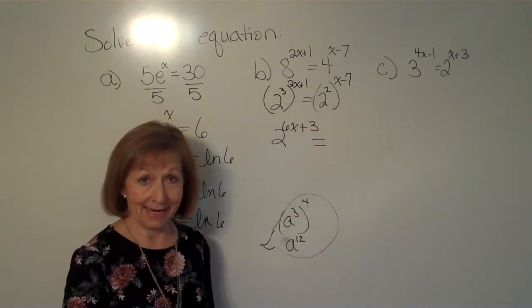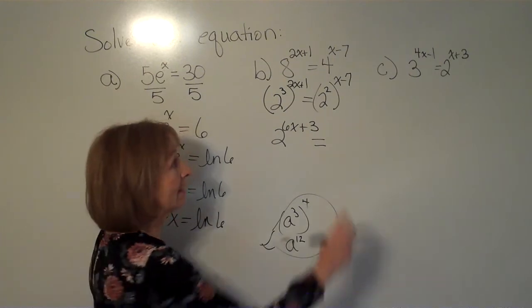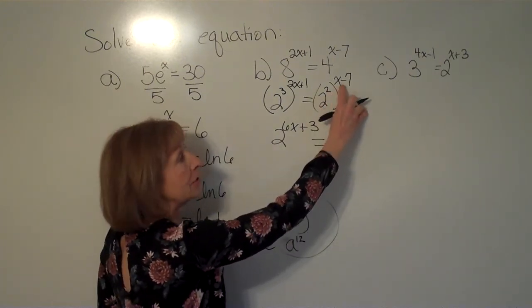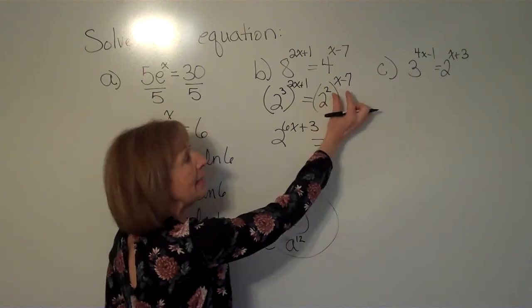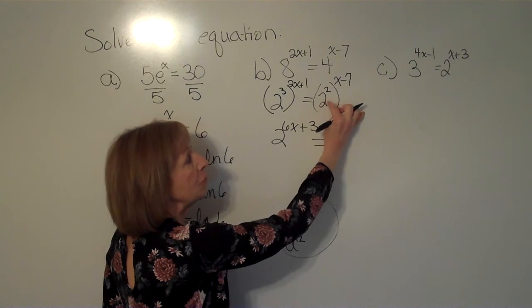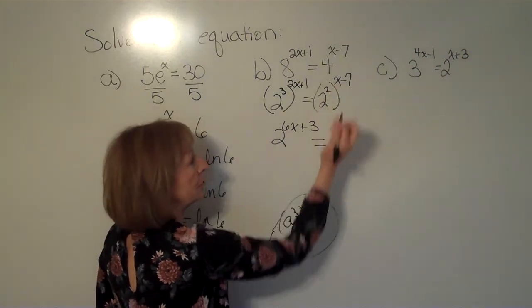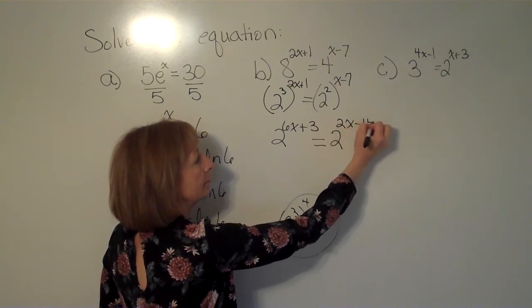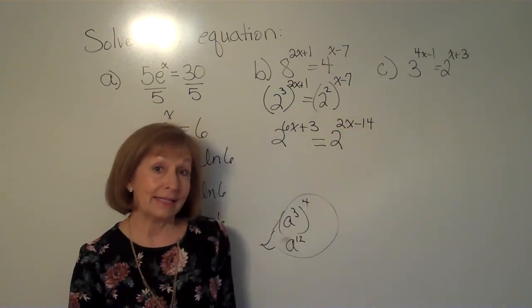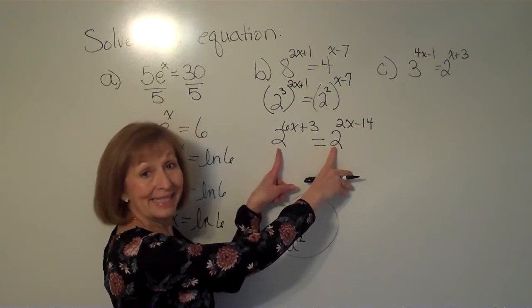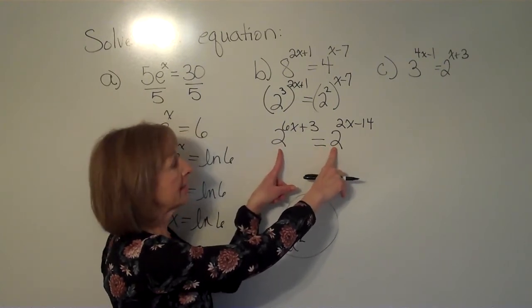On the right hand side, I have that same property. So when I have an exponential expression raised to yet another power, I keep the base and multiply the exponents. So that will be 2 to the 2x minus 14. Okay, now that we have this equation and I have the same base on both sides,